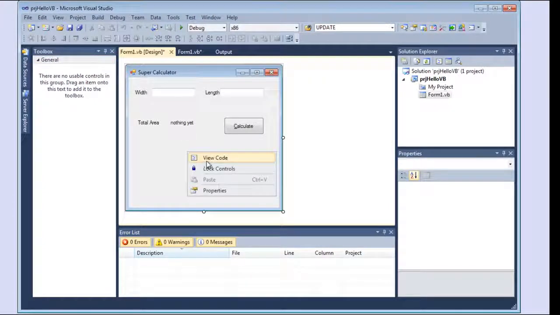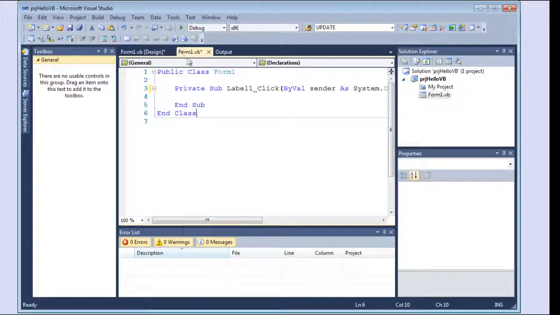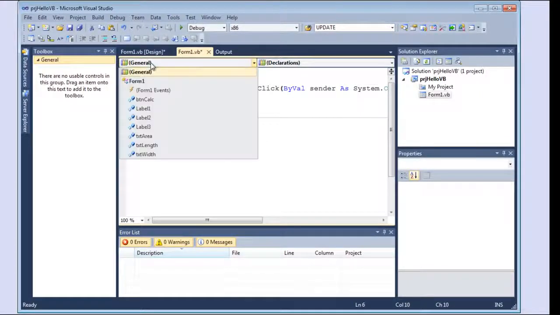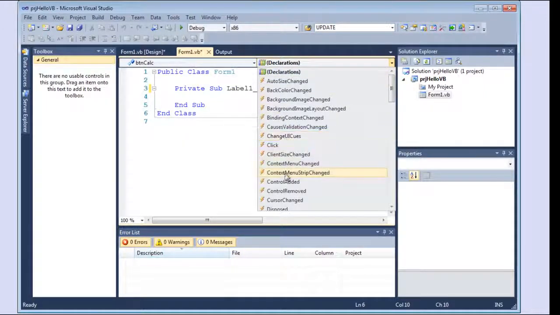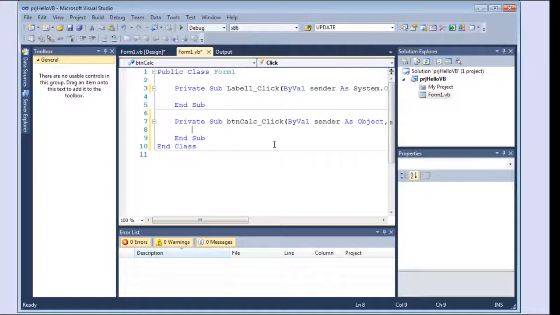Right mouse click, view code. Here I'm in my code, and I can do this drop down, and I can say when the person clicks on this button, so there's my button, and here's my event. So I want the click event. And you can see that Visual Studio automatically made a subroutine. So now all I have to say is